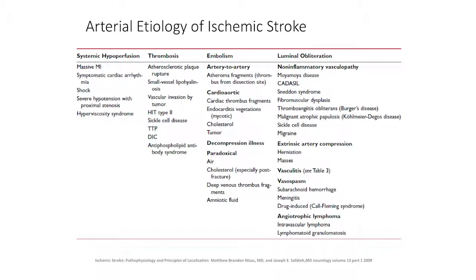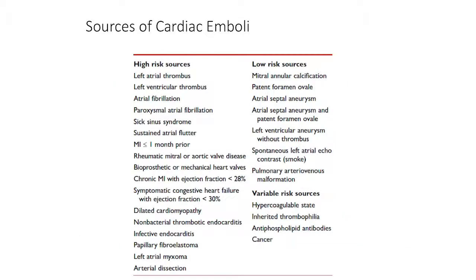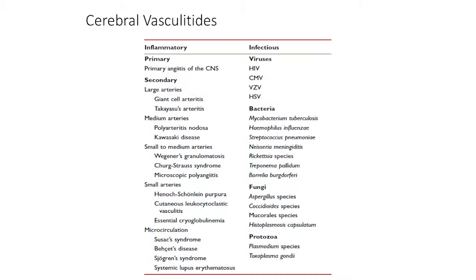These are high-risk sources for cardiac emboli. You can see the list is too long, from left atrial thrombus all the way to arterial dissection, and the low-risk sources like mitral annular calcification to pulmonary arteriovenous malformation. Variable risk sources could be a hypercoagulable state, cancer, antiphospholipid antibodies. Vasculitis is also another aspect. It could be inflammatory,